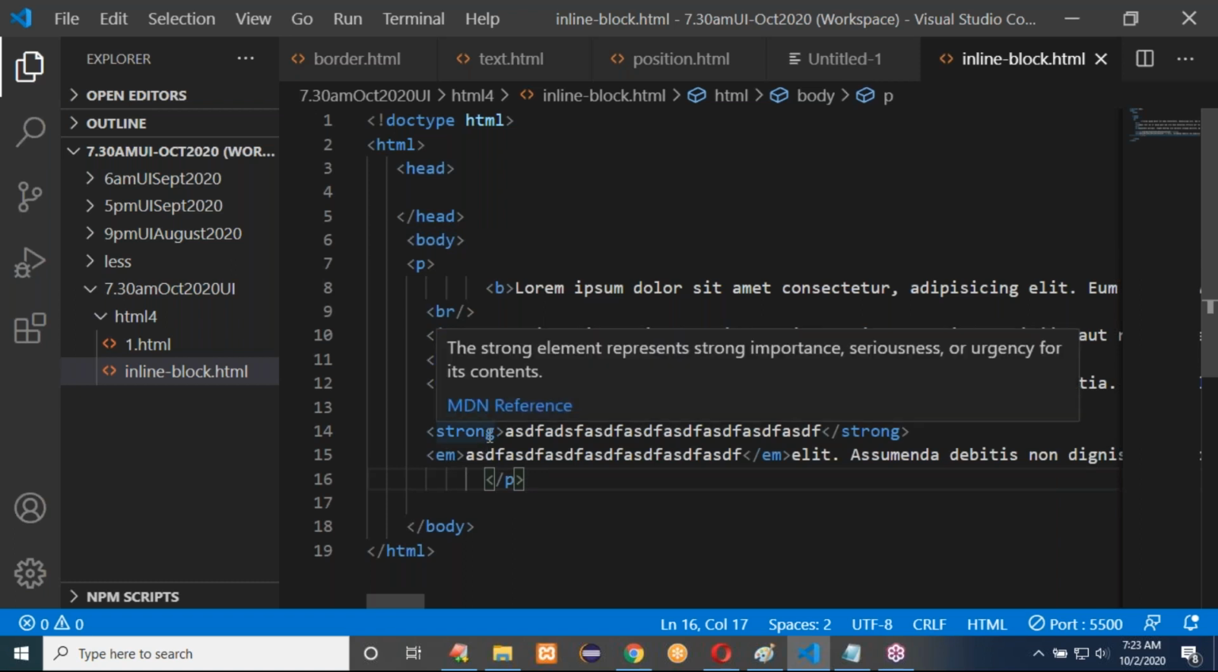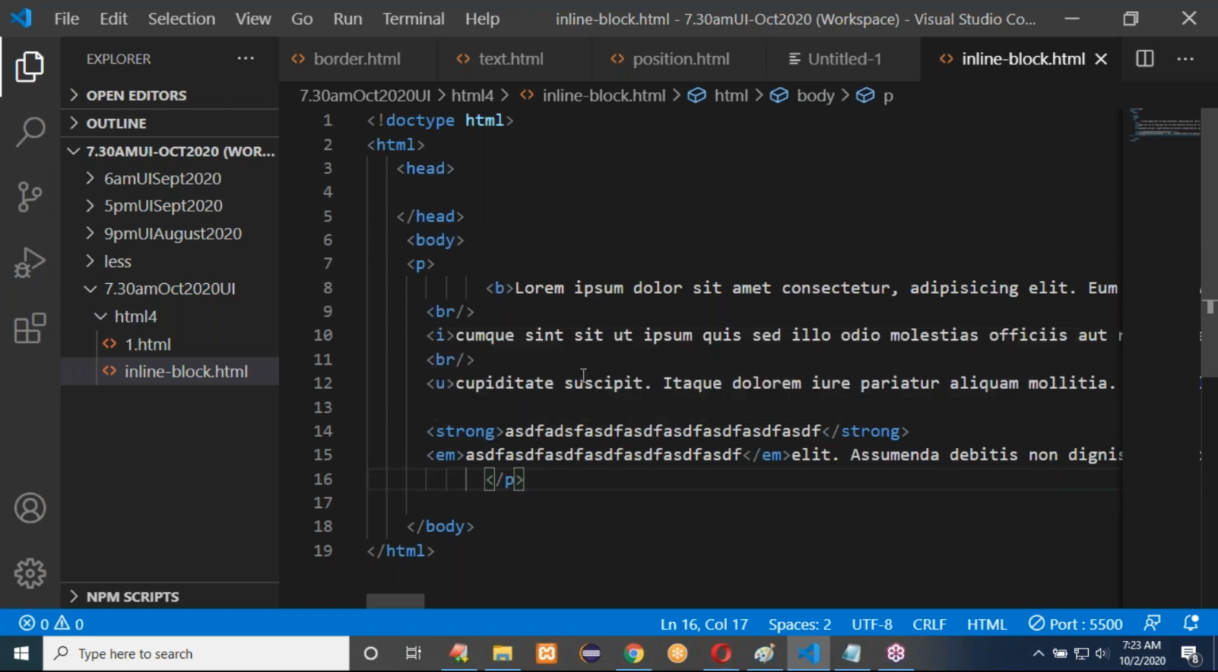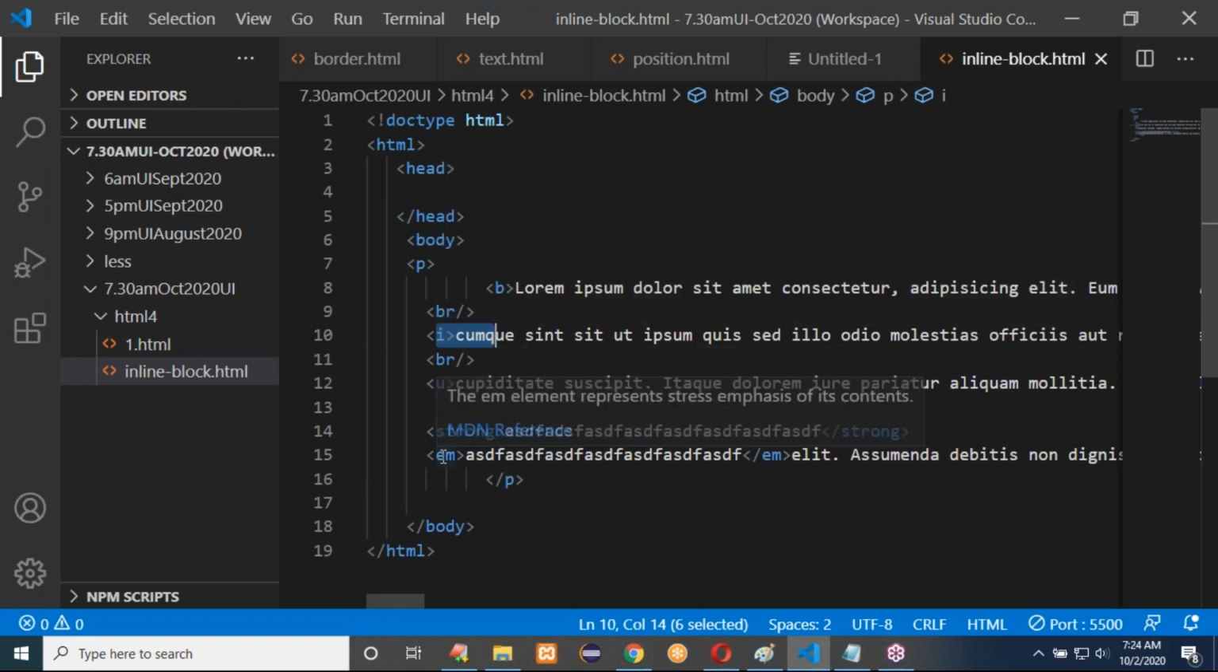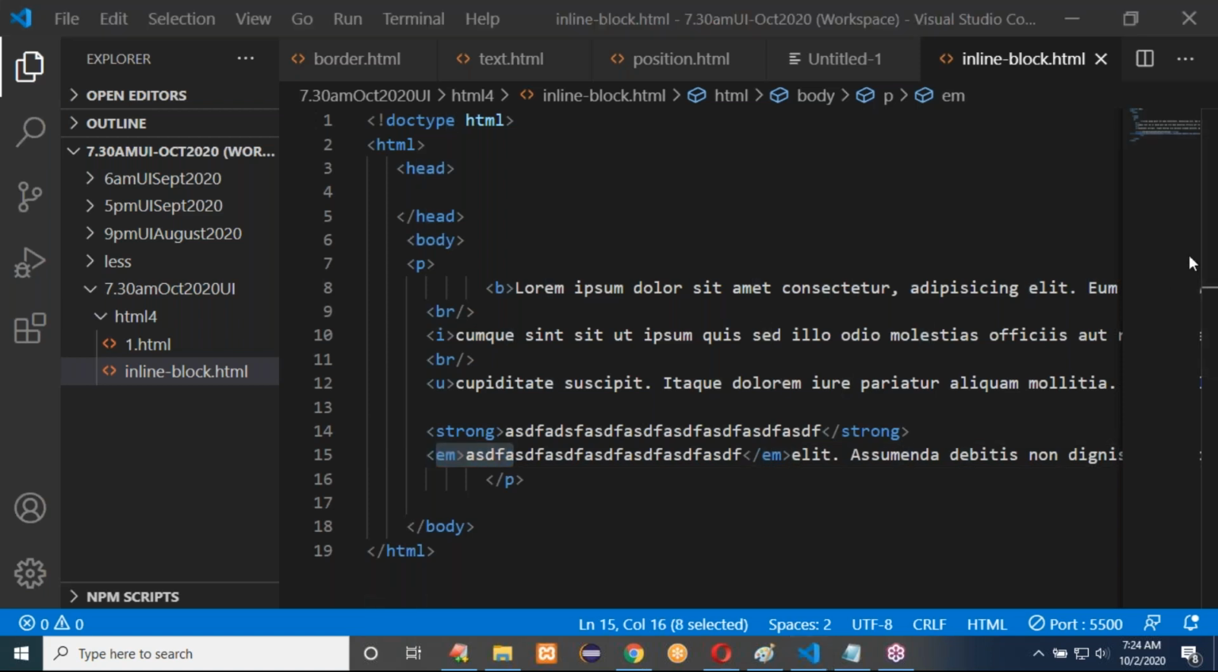Here I'm using the strong tag and the B tag; both will show you the same type of output. This one is bold content, and the strong tag is also used for displaying bold content. And the I tag and EM tag will be used for displaying italic content. So we can display italic content by using the EM tag and I tag. Same way we can also use